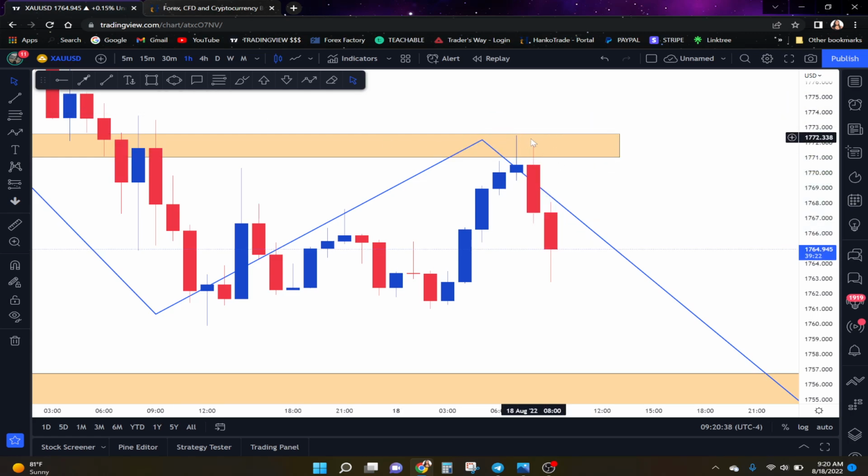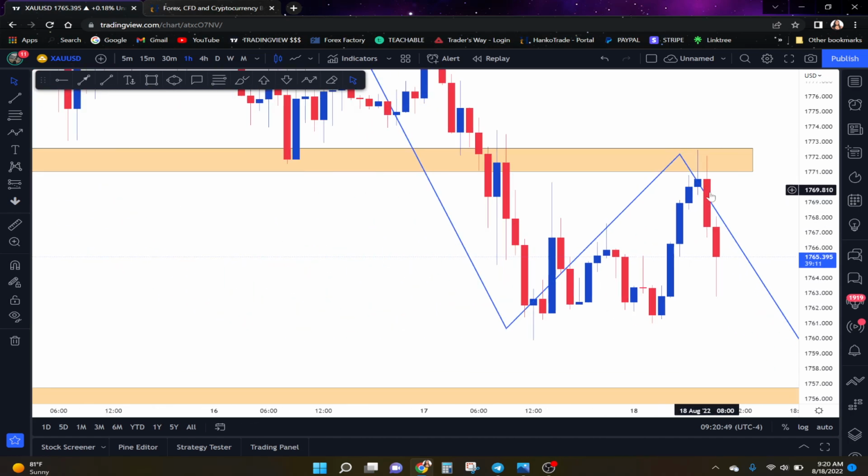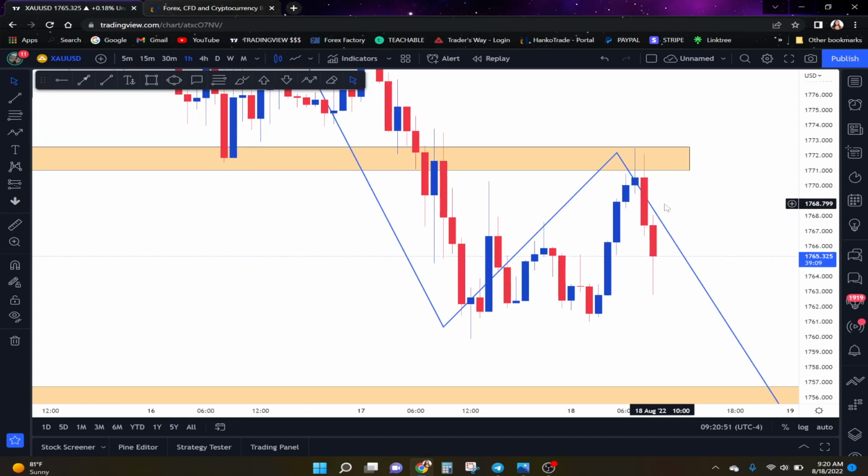This wick didn't break this wick high, and as soon as the 4-hour started breaking the lows and breaking some previous levels of support, you know that price is going to continue down. You don't know this until it already happens, obviously, but you have to recognize these moves when you see them because they happen over and over. So that's why I had the confidence to enter when I did, because I've seen this setup happen so many